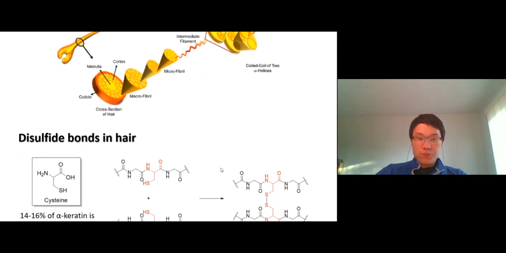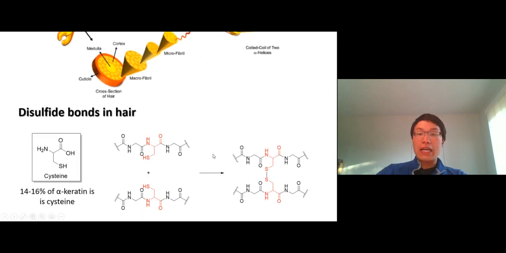Now, hair is a protein chain basically, and protein is made of amino acids. You're probably familiar with amino acids, essential, non-essential, whatever. I don't care. What we're going to talk about today is just one amino acid called cysteine. Why is cysteine special? Because it's the only amino acid that has a thiol in it, an SH group right here.